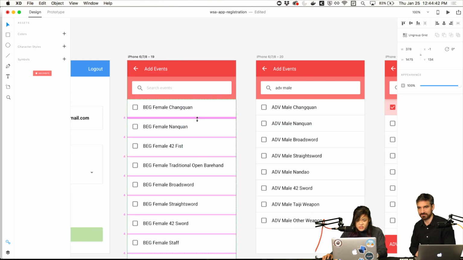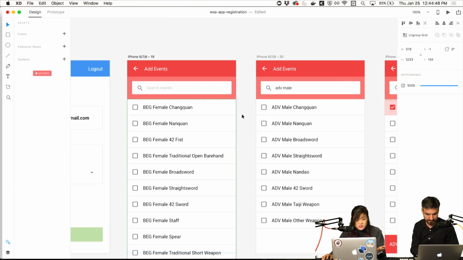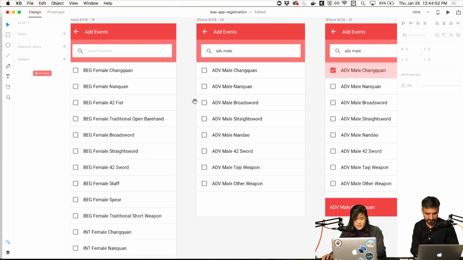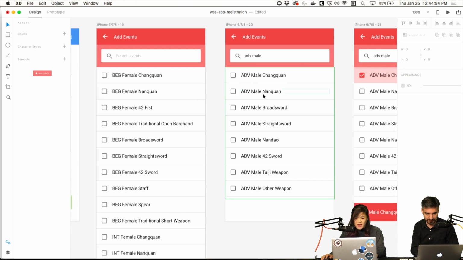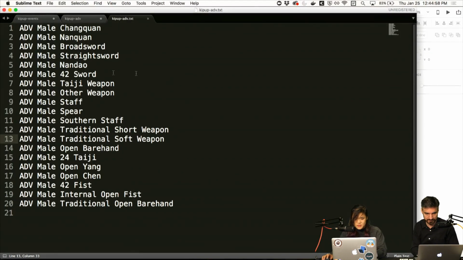Except you need to redrag the spacing between them, and that's how you can make them a little bit fatter. And they'll all move at the same time with this repeat grid. So I did that, and then I also made some changes to this text file. I actually want Tim to pick the two events, so I reordered some of them, resaved the file, and just re-dragged it in.